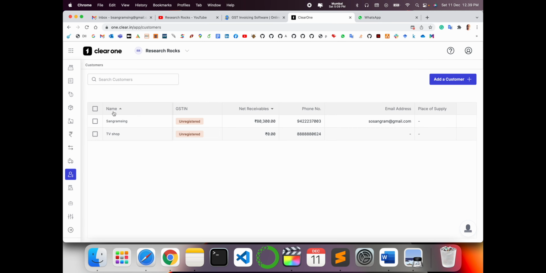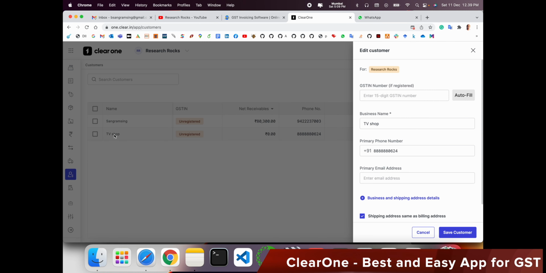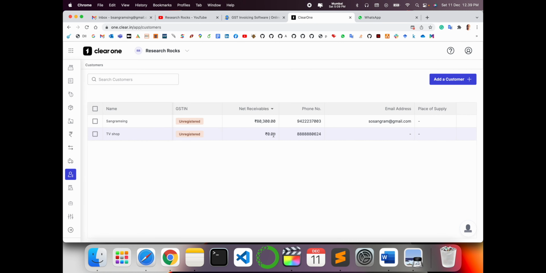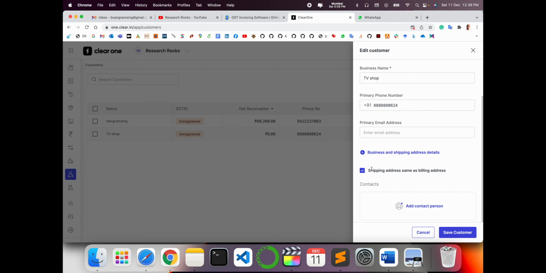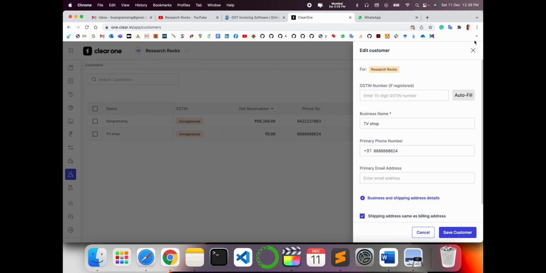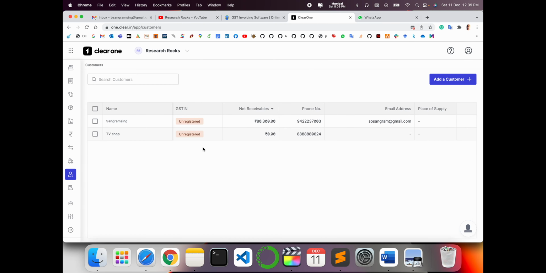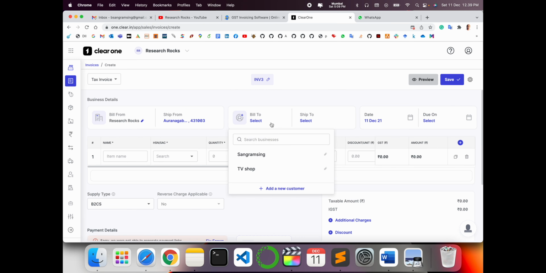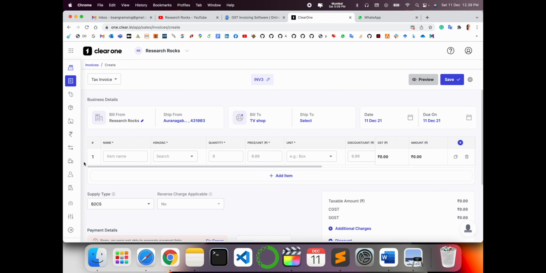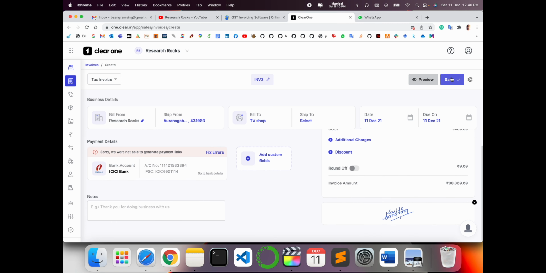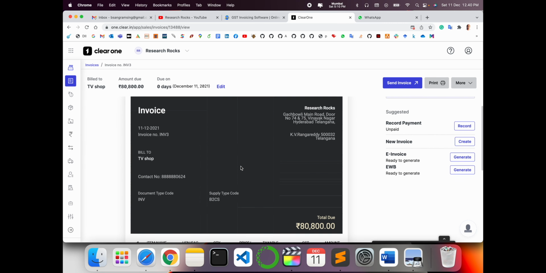So look at this, the name of the particular customer or business name, TV shop, and the amount. I have not put in the amount information, but next time I select create new invoice for TV shop, today's date, select the same item, save, and my invoice is generated here. It's very simple.